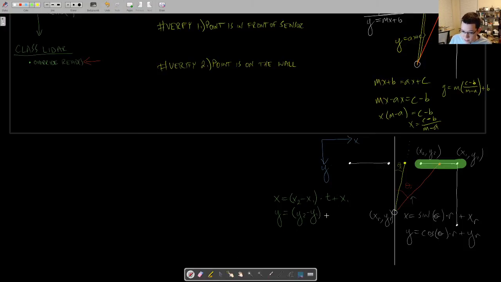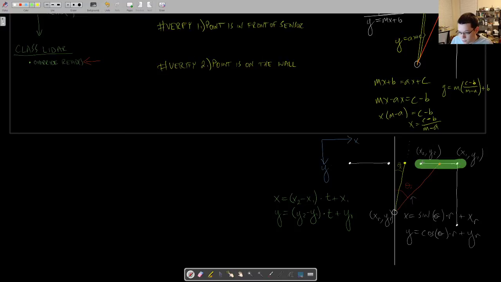We'll call it t plus y1. I can't stop hitting buttons. Y1. Y, T, why not R? It's because R is the range from the robot to the wall, and T is the